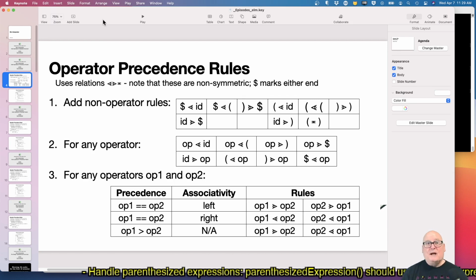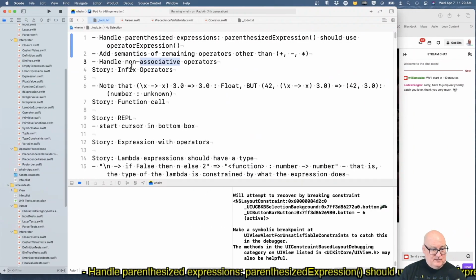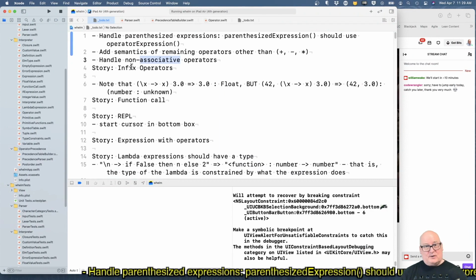So we'll pick up next time. We got a little ways to go on this, but we've made good progress. We've got this new parser integrated in, and at least some things working. We defined some more functions. We got a bunch of other operators, and we will handle this stuff next time.